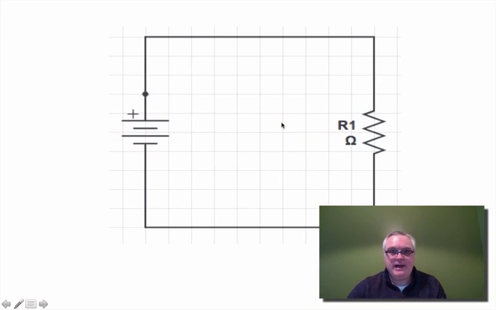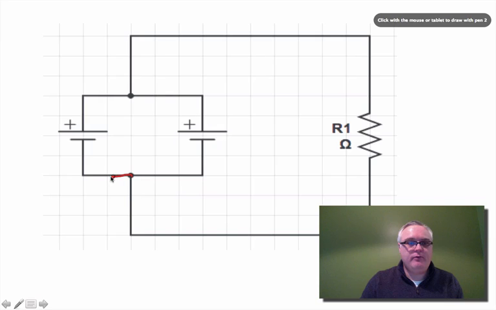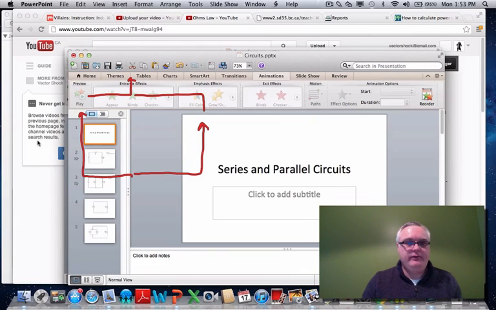We can also connect batteries in parallel. This time, the current that's coming through this circuit only passes through one battery at a time. So each coulomb of charge either goes through the battery on the right or it goes through the battery on the left. But it doesn't go through both. So again, if they're just 1.5 volt batteries,